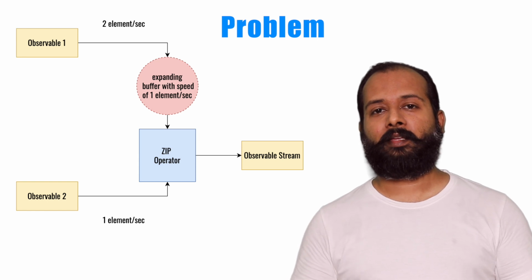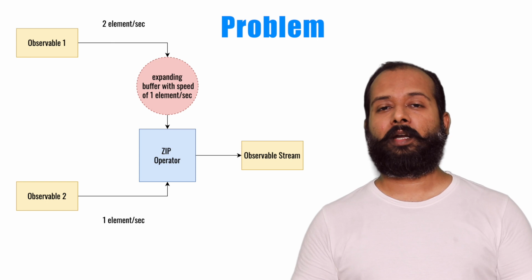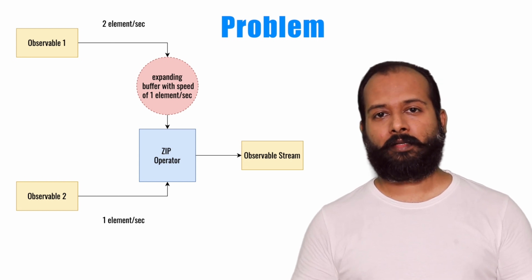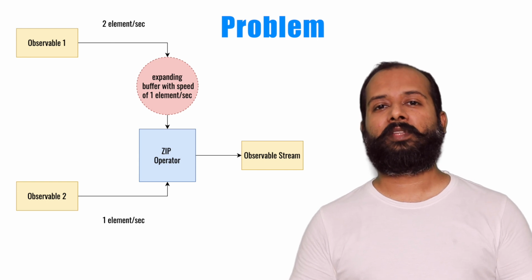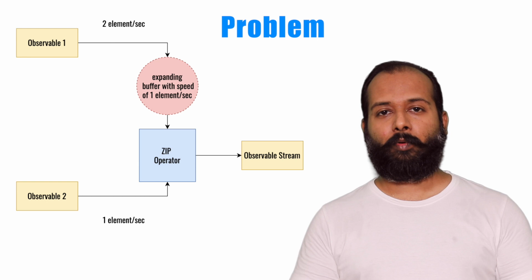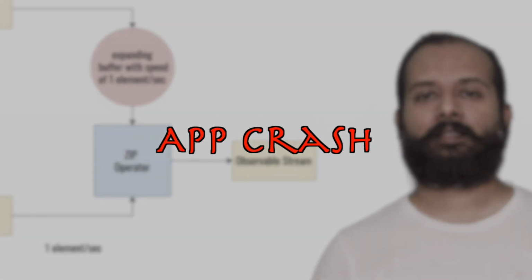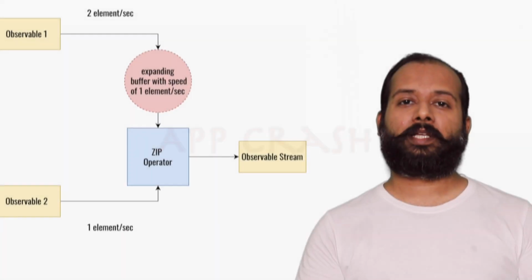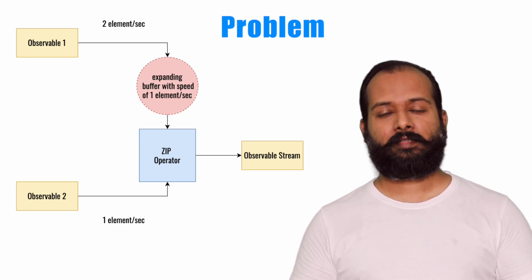What will happen exactly? Back pressure will start building on the zip operator, but what technical problem can it cause? When the back pressure starts building, it starts consuming the memory of the system, and this ever-expanding buffer of memory can keep on growing, and ultimately it can result in a developer's worst nightmare, that is, an application crash. So if back pressure is not properly handled in your application, it can result in an application crash. So this is a severe problem.